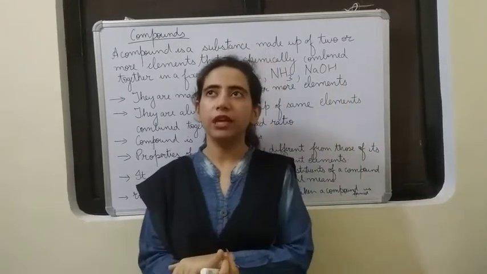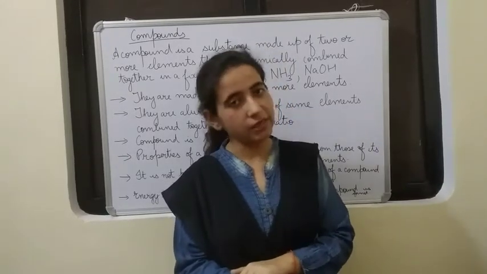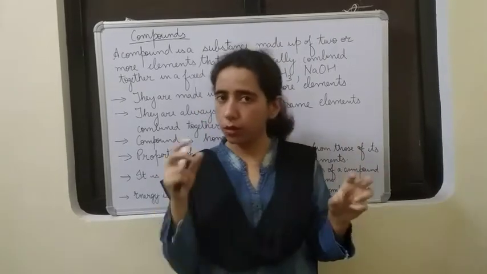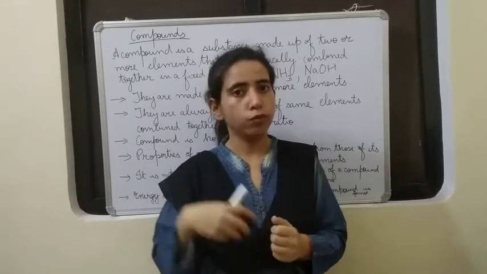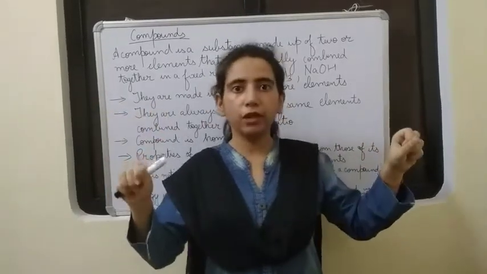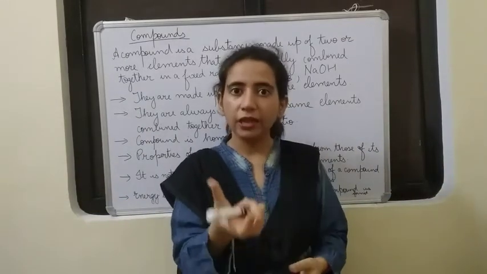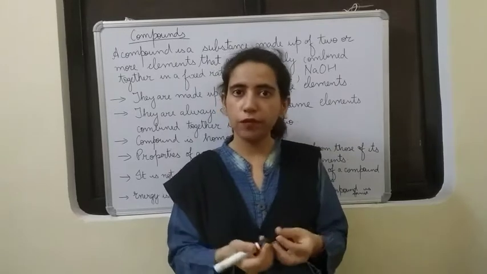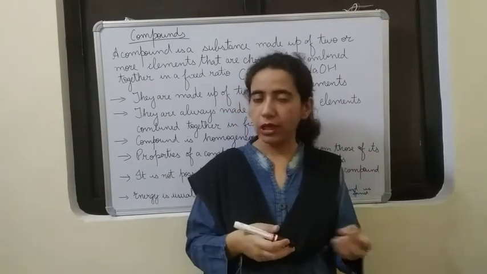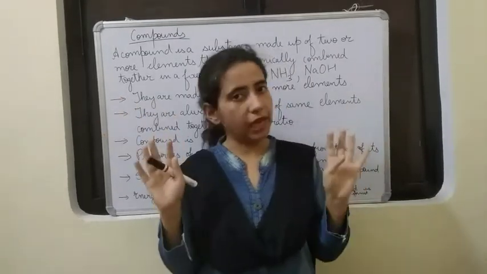One more example we can take is common salt. You know what is the formula for common salt? Yes, it is NaCl. And it is formed by the combination of sodium and chlorine. We combine both to form sodium chloride, NaCl. And sodium and chlorine individually, if you take, they are poisonous. But when they combine, they form NaCl, a compound that is not at all harmful for us. In fact, daily we take salt. It is necessary for our body. So you see, the properties of the compounds will be different from the constituent elements.